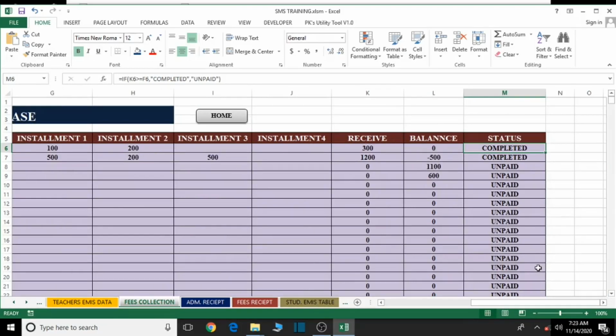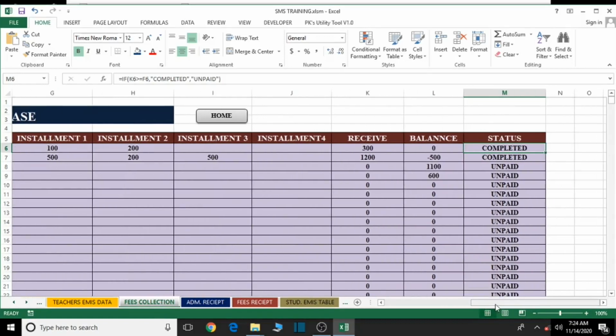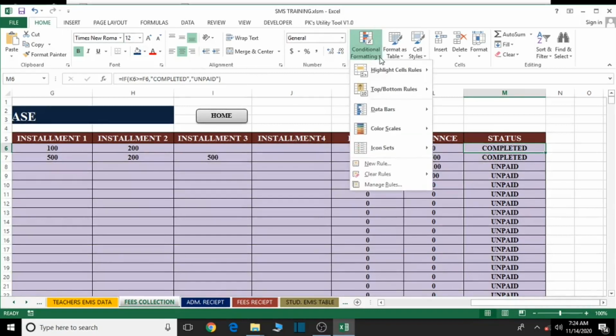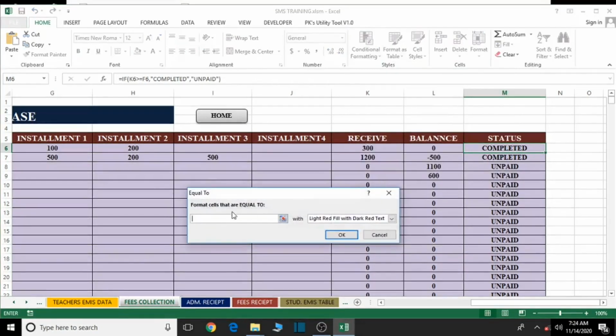and that is exactly why we have done this. Now let's just go ahead and then use conditional formatting to differentiate between payment completion and unpaid. So let's make sure the first cell is selected. Let's go under the Home tab. Let's go to Conditional Formatting. Let's come to Highlight Cells Rules, and let's come to Equal To. So if the cell is equal to completed,